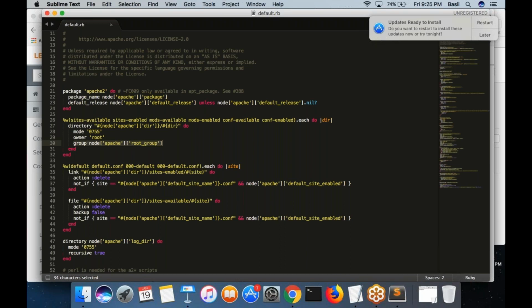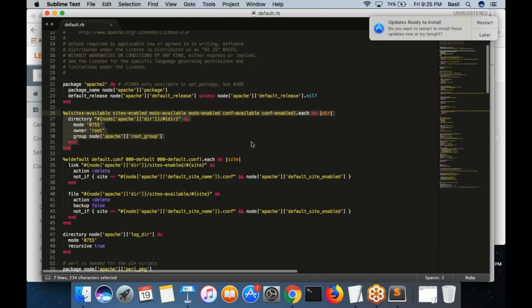So you got what we are doing, right? What this entire thing will do, for each of these folders, this directory resource would execute. It would set the right permission and ownership for all these folders. That's what this particular thing will do. Using a for loop, you are basically setting the right permission for all these folders. Got it?